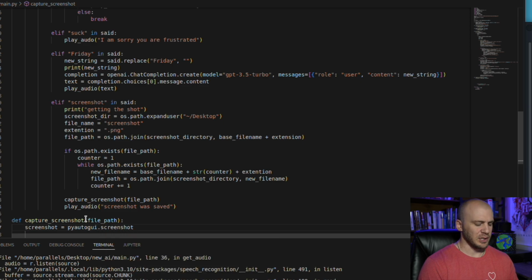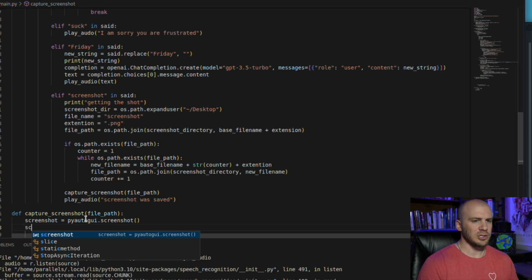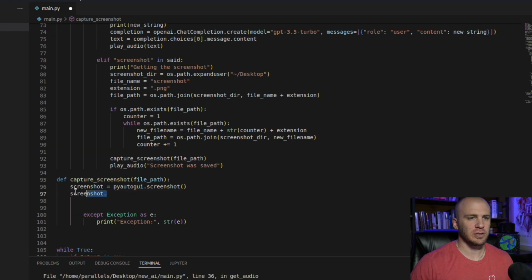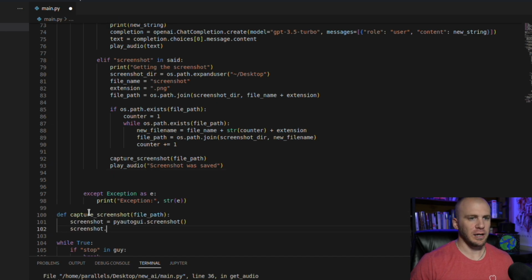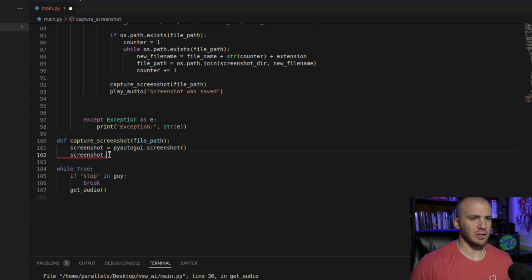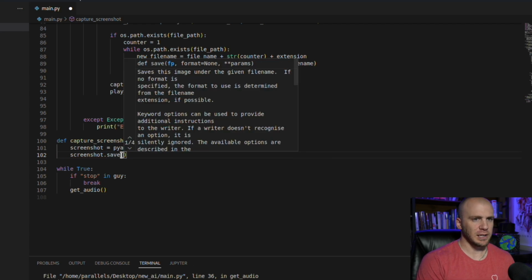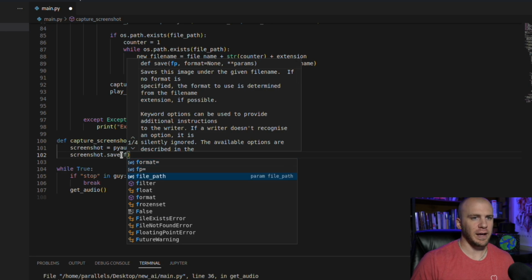And we want to call that method. Okay, so I just noticed that we need to move our function outside of our while loop. And then screenshot dot save, and we're going to save to the file path.